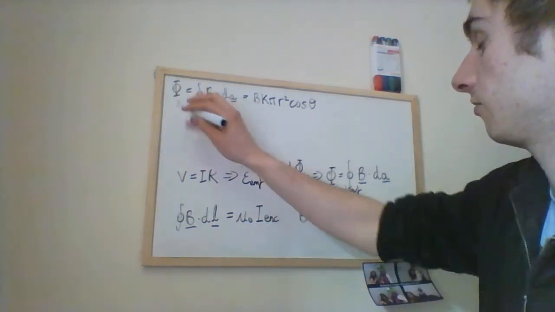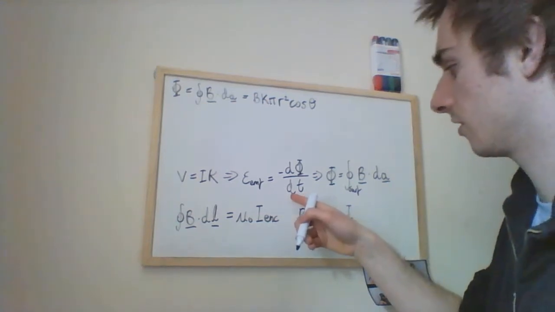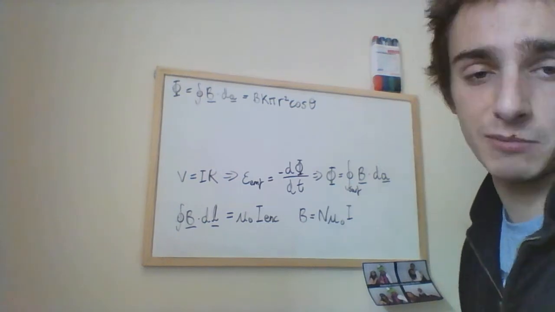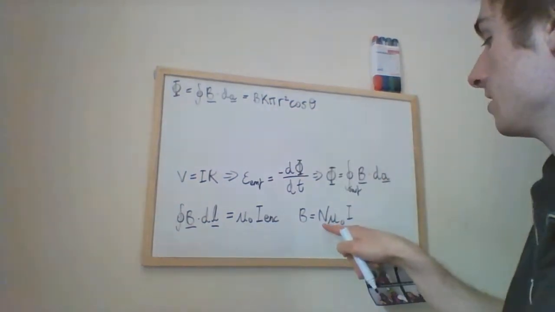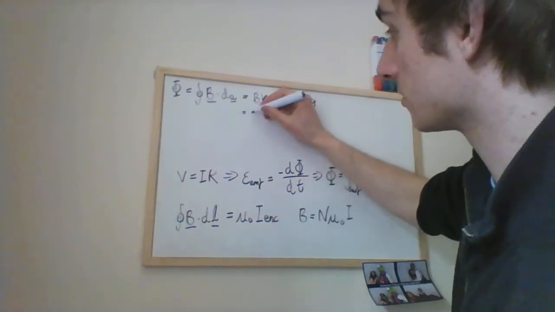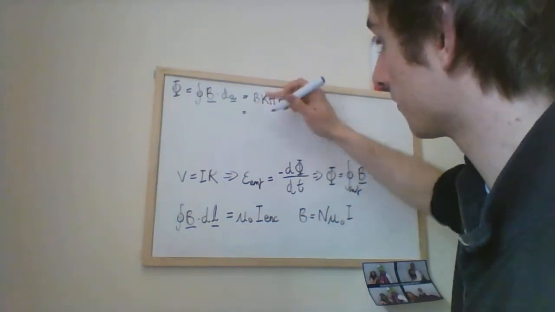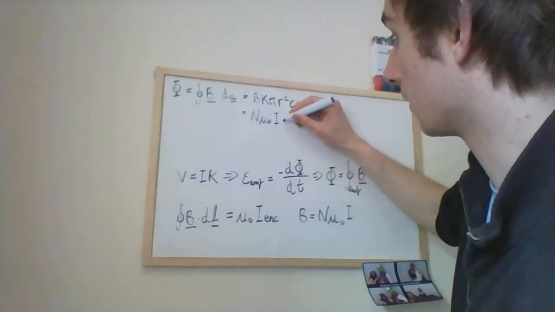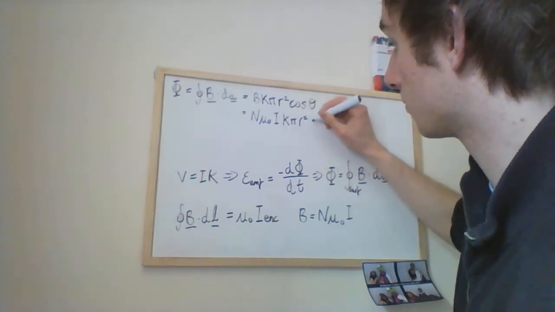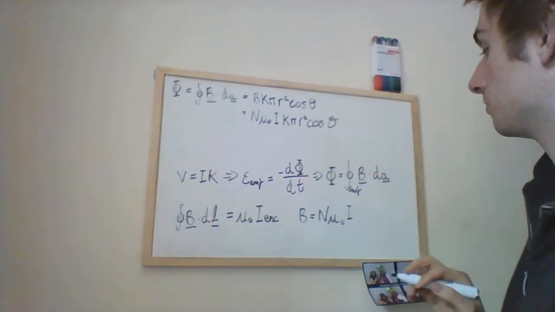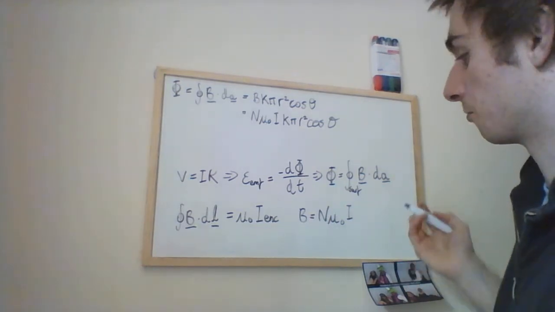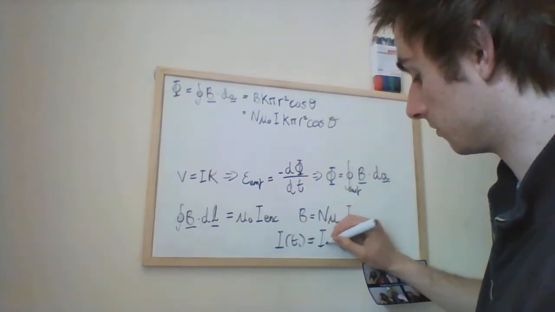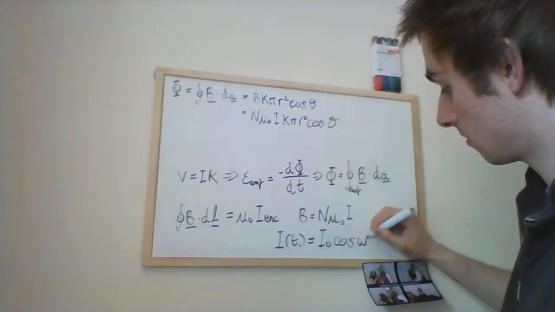So we want to differentiate the flux with respect to time, but we don't have a time component in here, it seems, just yet, except we have B. So then we can write this as N, permeability of free space multiplied by current, times K pi R squared cos theta. Still no term with respect to T, but remember we said earlier that the current is equal to I naught cos omega T,